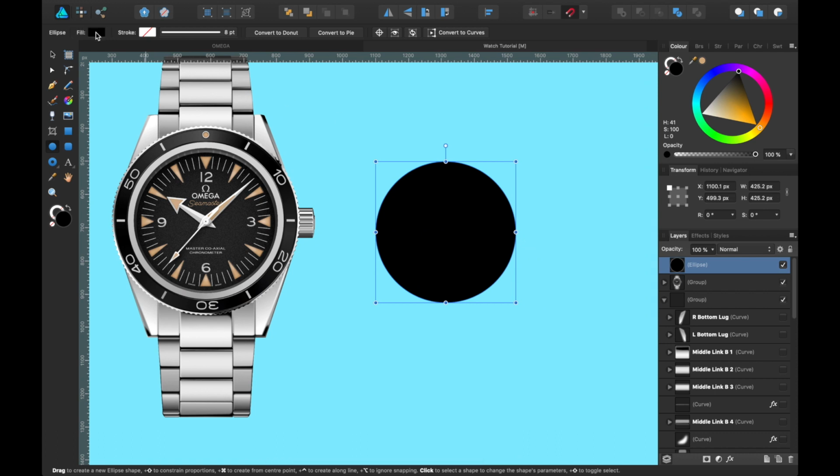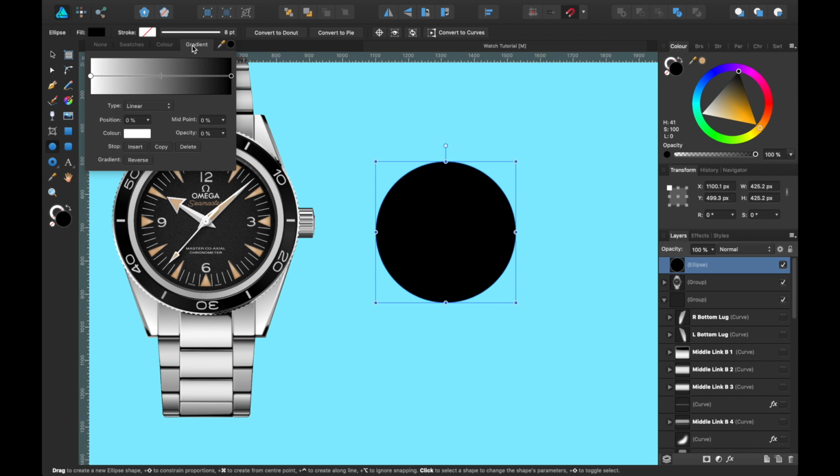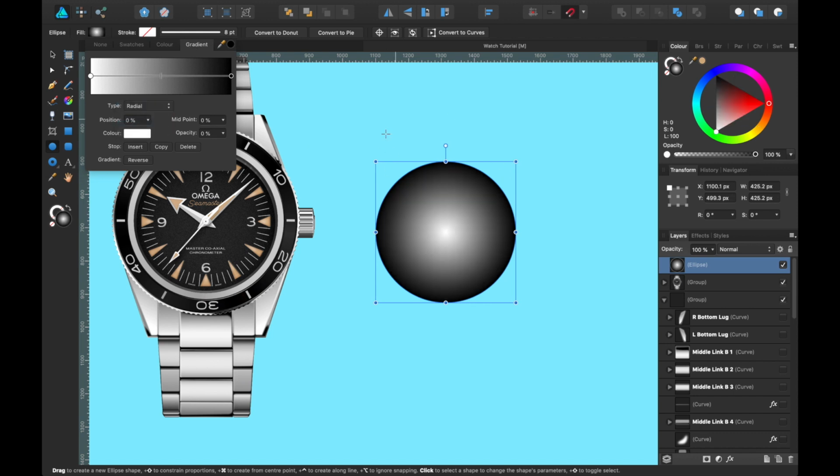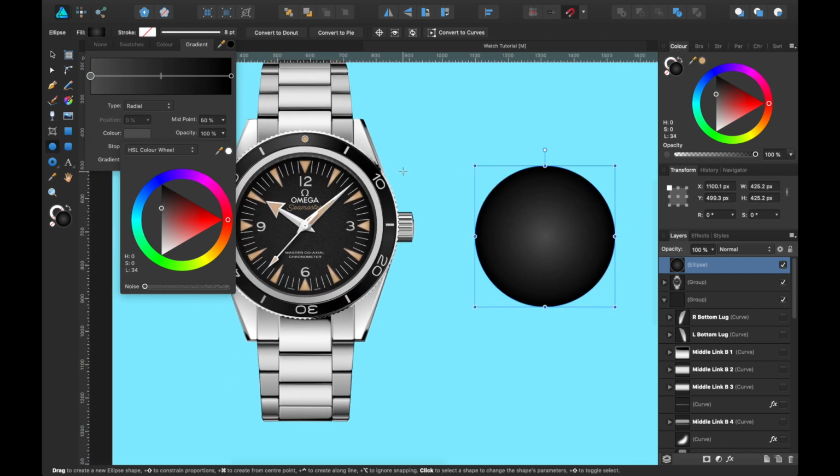Okay, so we're going to want to choose fill, and we're going to go to gradient, and we are going to choose radial. So we don't want it to be that light in the middle. So we'll head over here. As you can see, this is the light part, and we're going to whack that to here. Now it still looks a little bit too harsh in the center there.